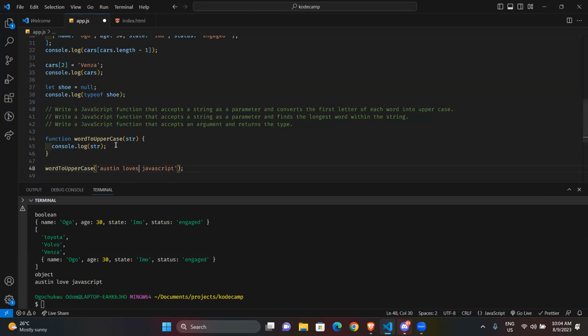So I am now to perform other things that will help us to achieve what this function is meant to do. Now, what is a function? Can someone just explain to me what a function is in the chat? Or you could raise your hand if you want to speak up.